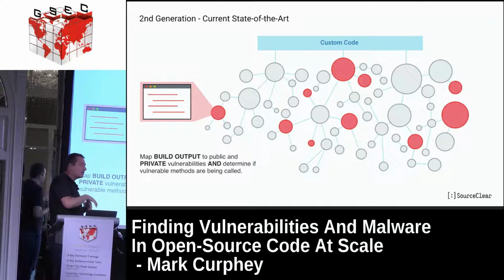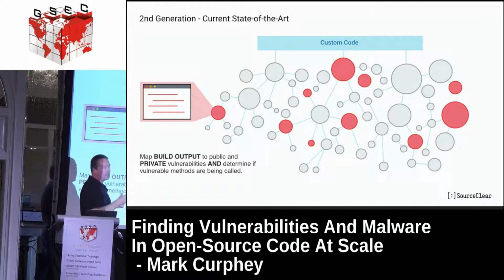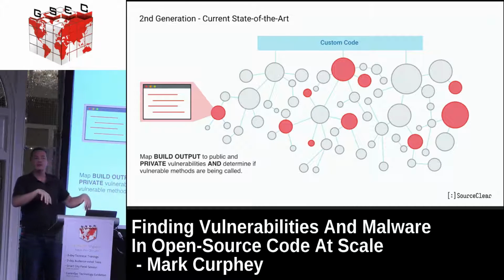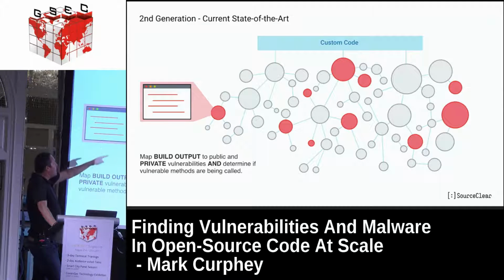The current state of the art for this is basically the next generation of that, which is you look at the entire dependency graph, so you figure out exactly what is getting built, and then you run a trace down to figure out, are you actually using the vulnerable part of the vulnerable library? It turns out that just because you include a vulnerable library, 90% of the time it never gets called. So if you want to figure out whether it's exploitable, you have to actually know whether you're using the vulnerable method of the vulnerable library, of how that works.